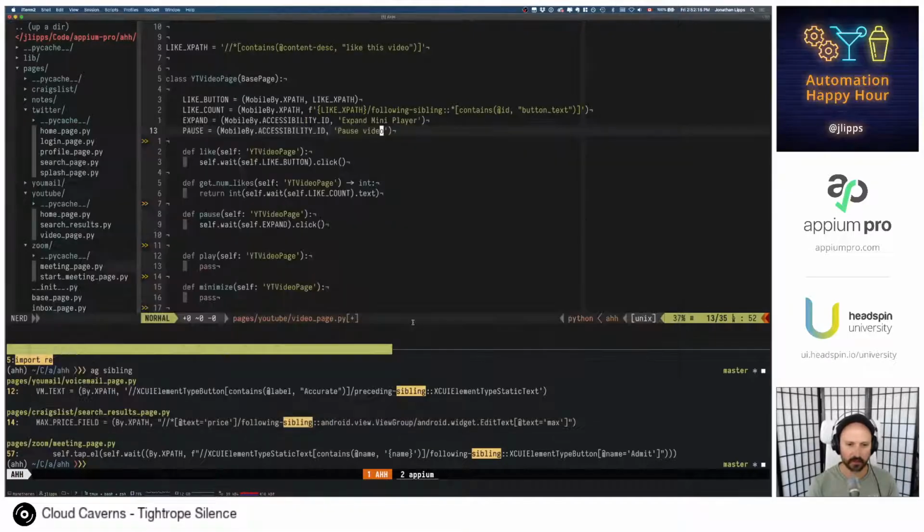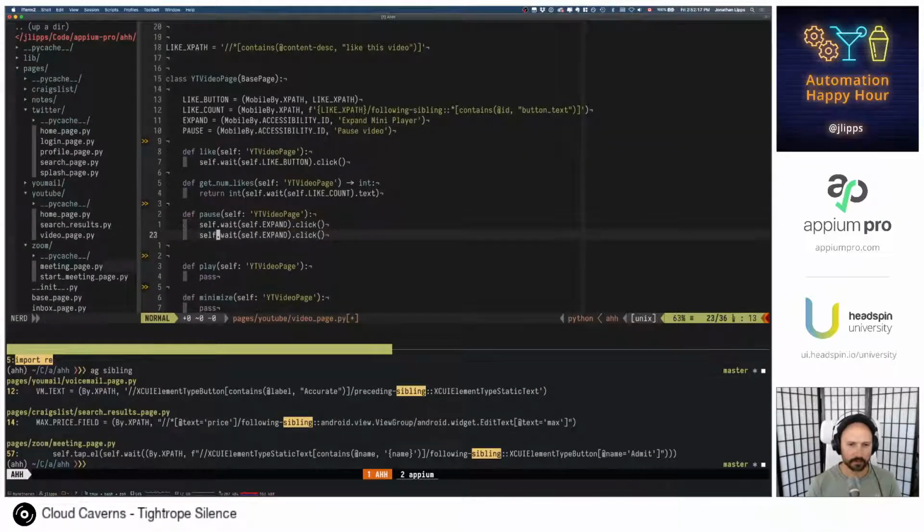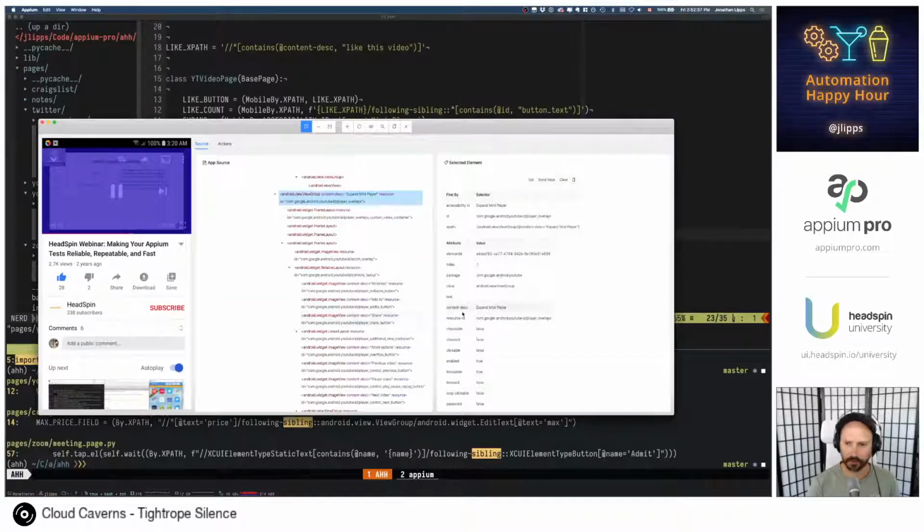Yep. And we only want a short wait for that. If that doesn't happen within a second or two, we're not going to be able to do it anyway. So pause like that.